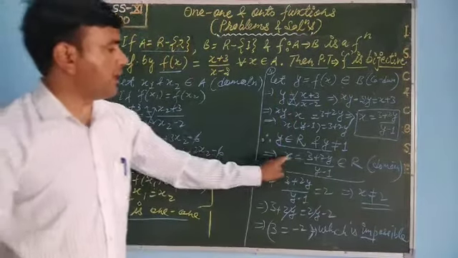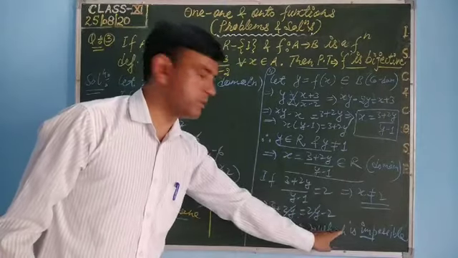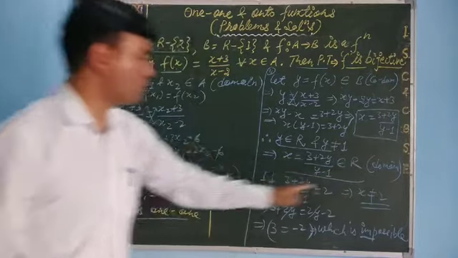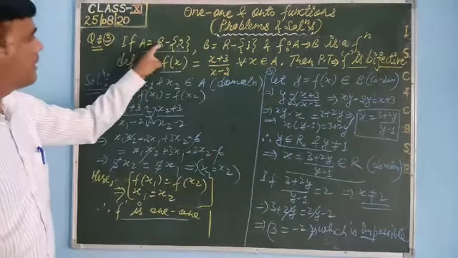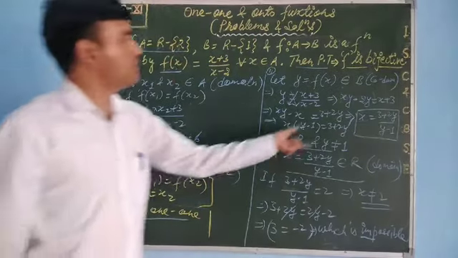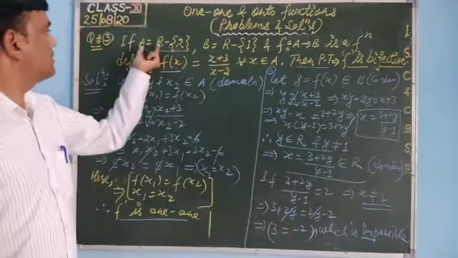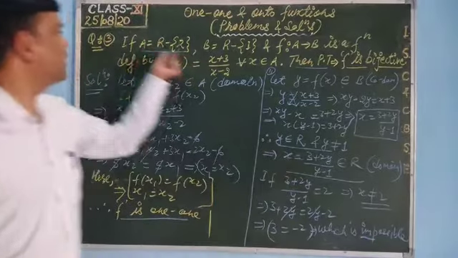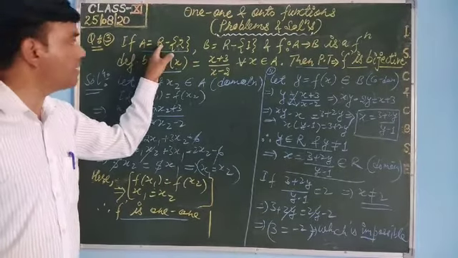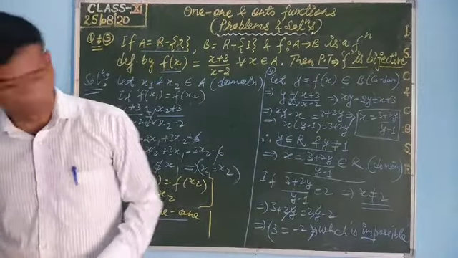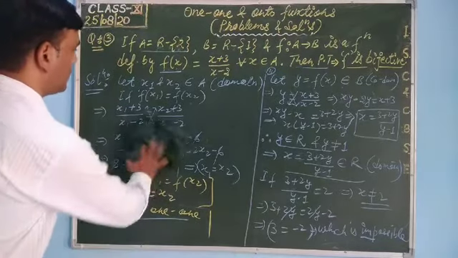So already we have proved that x is a real number, and here we have proved that x is not equal to 2. It means what is x? x is a real number except 2. It means x is fulfilling the condition for domain, that is, the set of real numbers except 2. Now what we have to prove, student, I can rub this portion here.